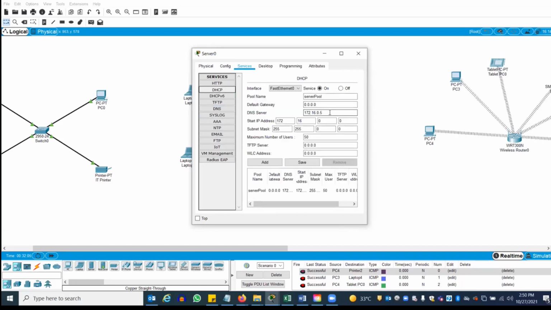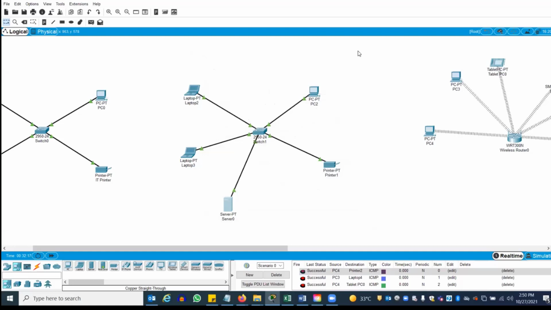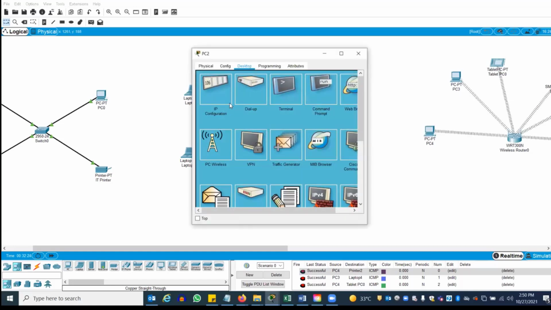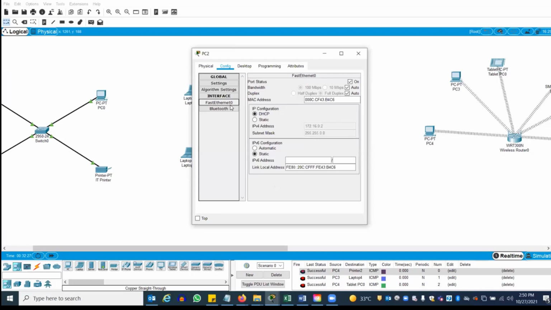Then Doctor, I did the same, but it didn't work. It should work. Maybe some. We will continue the lab, Saleh, please, and then at the end we will troubleshoot any problem that you have. If there is small issues, what you do? Just go to this router PC. Go to the wire config, fast Ethernet. Just do static, make it like this, then turn it on. Something like that. Then this will come again.